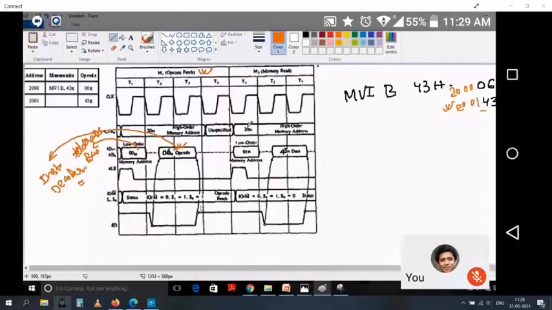So here again I am using that same thing. 20H is my memory address, and 01 is again my memory address. 2001 is the memory address where my data 43H is stored. And again you see the address latch enable has gone high because I have to use AD0-AD7 as an address bus. Once I have reached that memory location, again this signal has gone low.